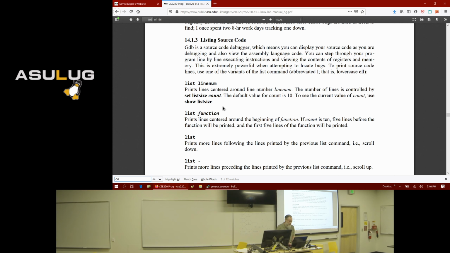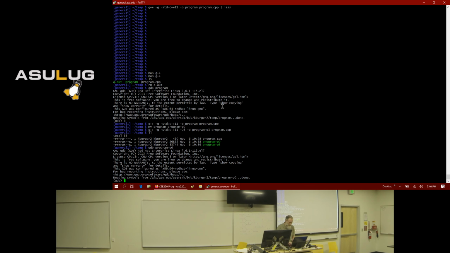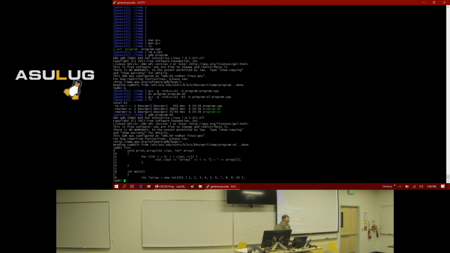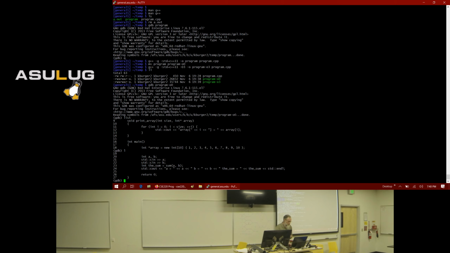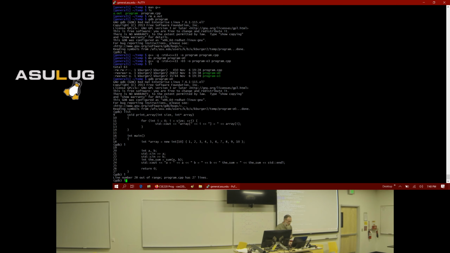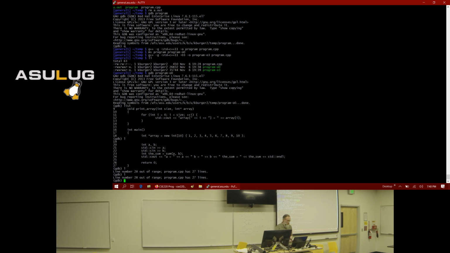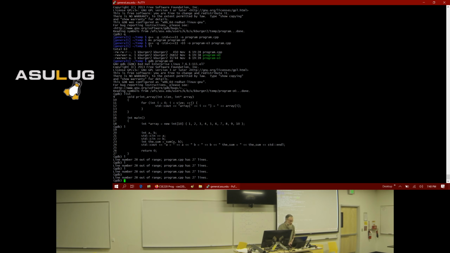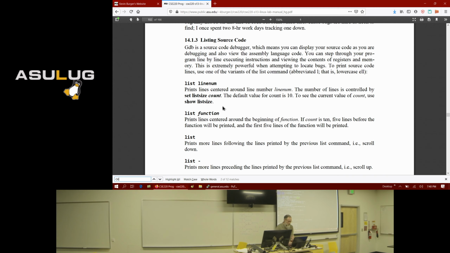If you just type list, it will list the source code starting at the first line of main. Actually, it started at print array, didn't it? You can abbreviate list as L. And if you just keep hitting L, then it just continues displaying more of your code. Eventually I reach the end of the code, and if I hit L anymore, it says I'm out of range.